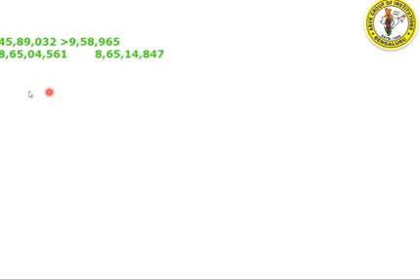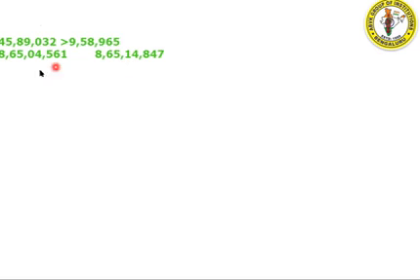So in this case, what do you have to do? First you have to compare the first digit on both the left side and the right side. Here we have 8, and this side also has 8. So this is the same. Next you should compare the next digit. Here 6 is there and here also 6. The second digit is also the same. Next you should go to the next digit. Here 5 and here also 5. So the first, second and third digits are the same.